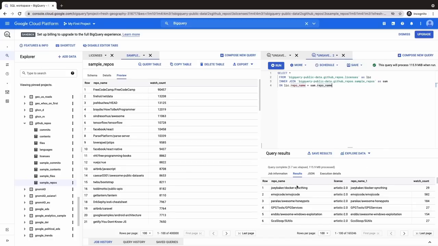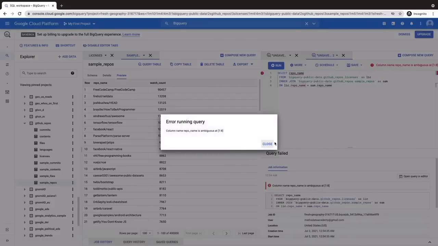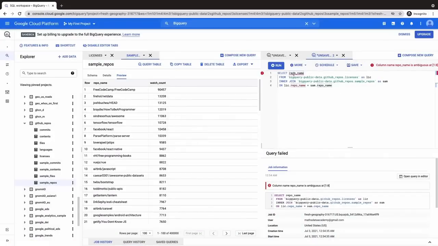Now, if you notice, this repo name column is appearing twice. If we want to be more specific in selecting the fields that we want to see, then maybe we could also use the select function properly here. So we could say, for instance, that we want to see the repo name, right? However, if we were to just write this repo name like this and we run the query, it will give us an error. Why? Because you see, in the two tables, you have this repo name. So what we do is we decide to select one of the cases that we want, and then we just put LIC. I'm assuming we want to pick the one from the LIC,